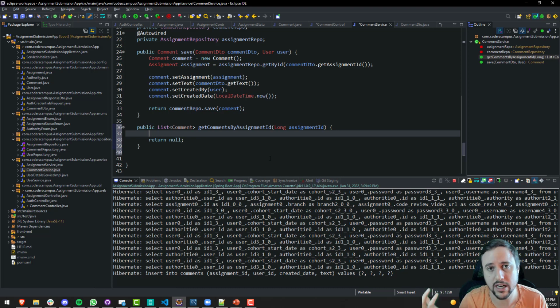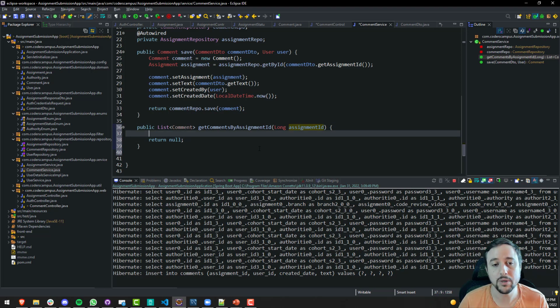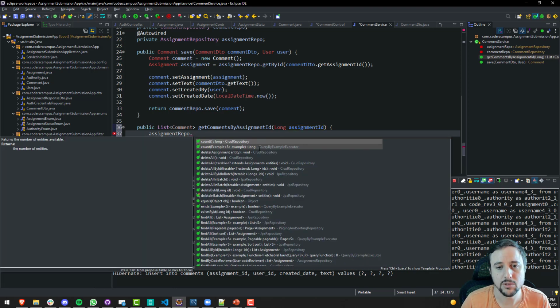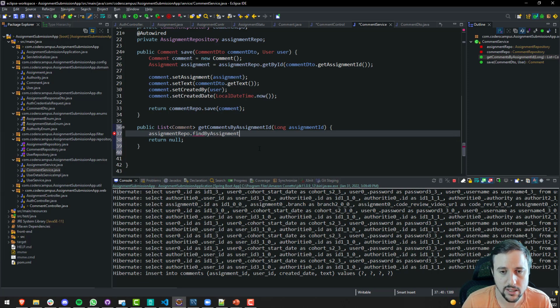We can just create our own custom query if we want, because we're passing in just an assignment ID, not an entire assignment object. So again, we are going to code as if it already exists. So assignment repo dot, and we'll say find by assignment ID. We'll pass in the assignment ID, and this,